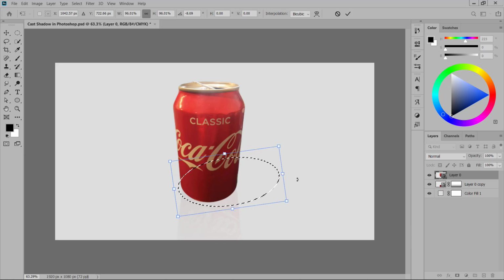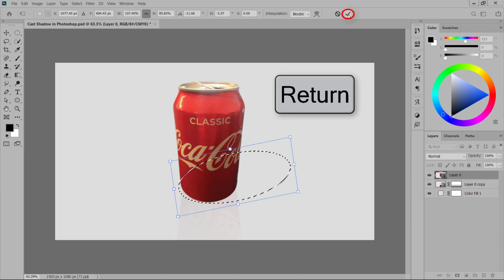You can also press and hold the Control key on your keyboard and then drag from here like this. And then press enter or return, or just click the check mark from here.